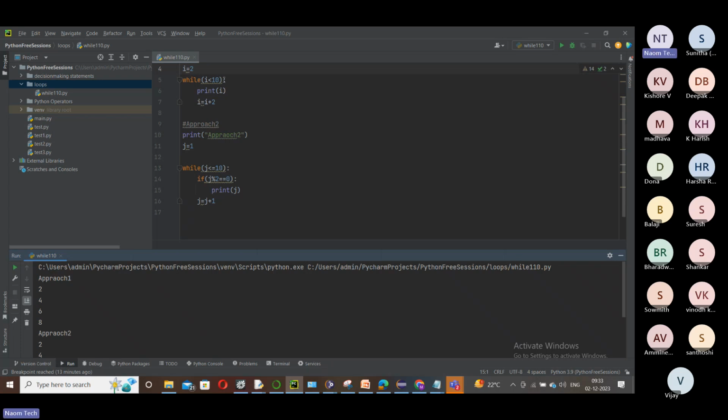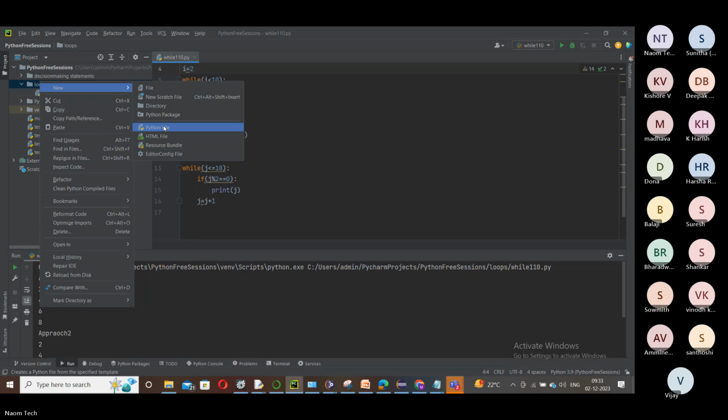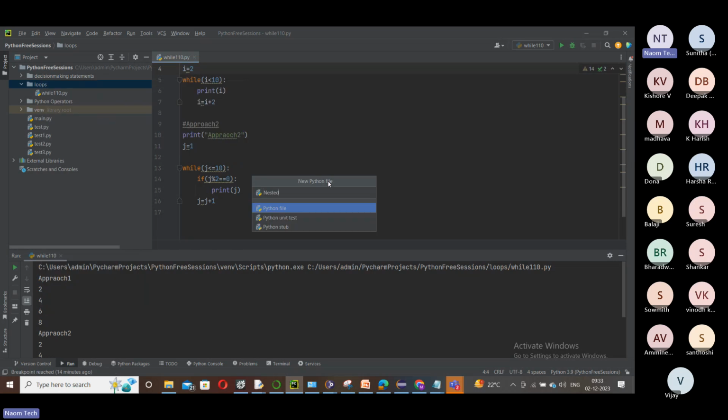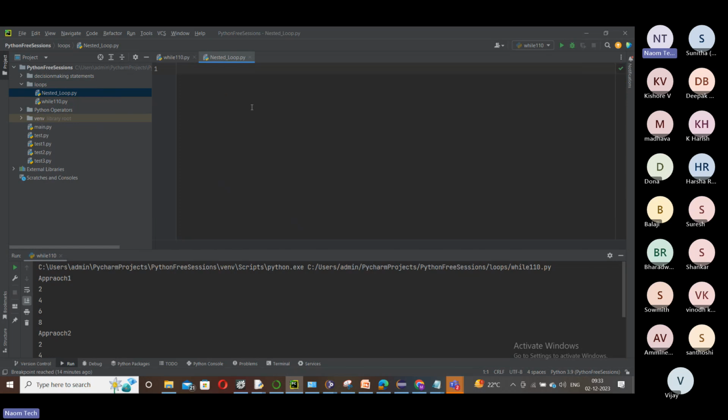So now, what is a nested loop? A loop within a loop. Let me show you how to play with a nested loop. So let's take one more file here. Then you can choose like this and then say nested loop in Python. Usually nested loop means a loop within a loop. For example, let me just show you, i equal to 1. You need two variables here, j equal to 1. Of course, the variable names might change. It is not necessary to be i or j.